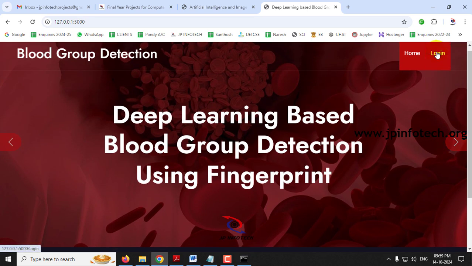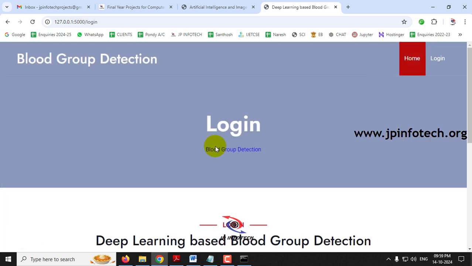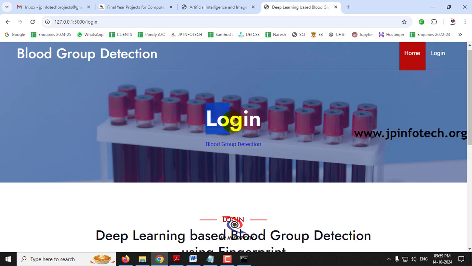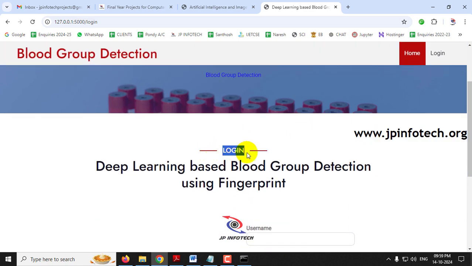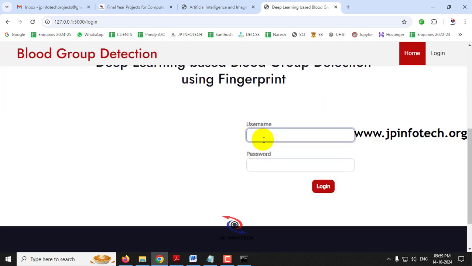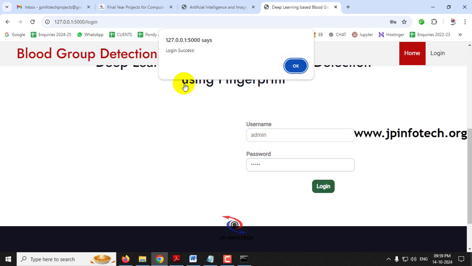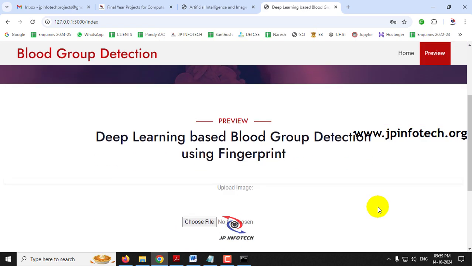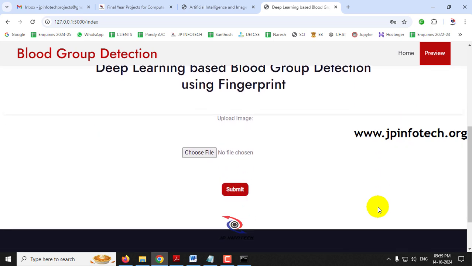First click this login menu. It will navigate to the login page. Kindly note that this is a static login page because we have not used any database in the project. Just enter the default username and password as admin and click the login button. Now you can see the login success message, click OK. Now it will navigate to the preview part where you need to upload the first mode, that is